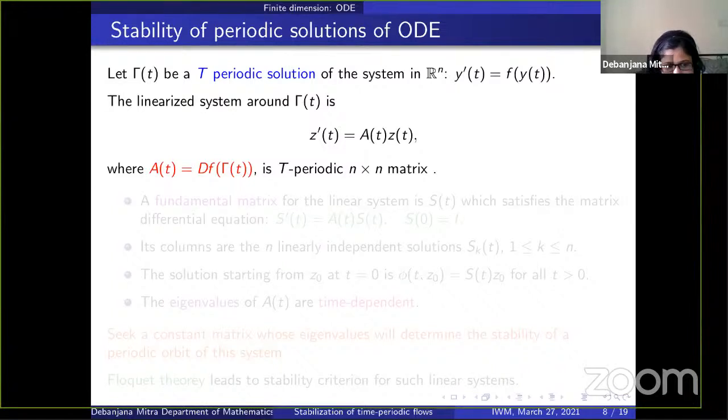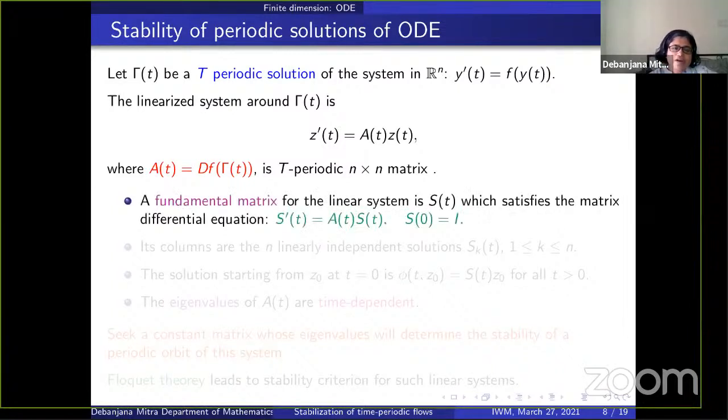So I'm just recalling here in particular that a fundamental matrix for the linear system, which we denote by S(t), satisfies the matrix differential equation given here: S prime(t) is equal to A(t) S(t), and S(0) is basically the identity operator. That we will call the fundamental matrix, and